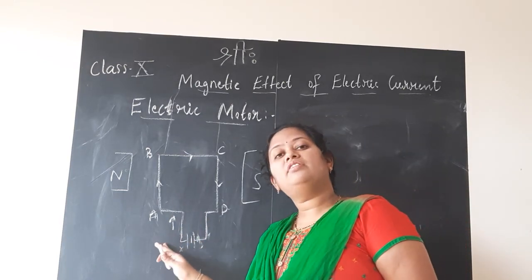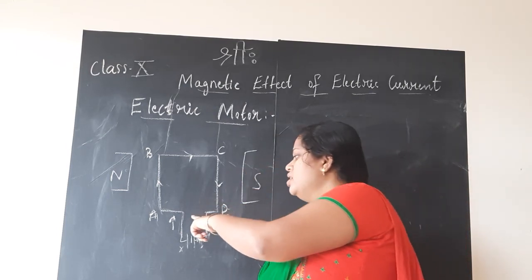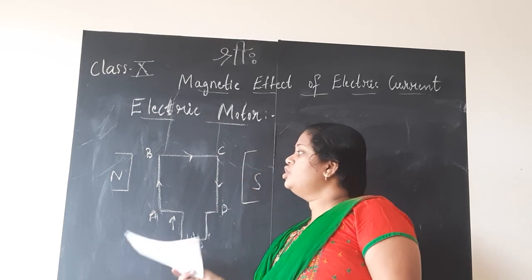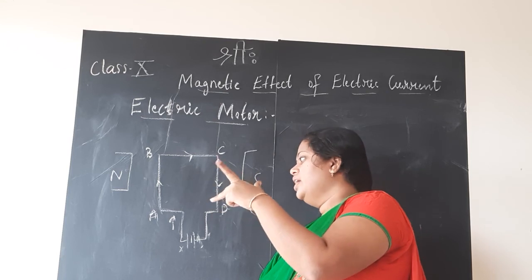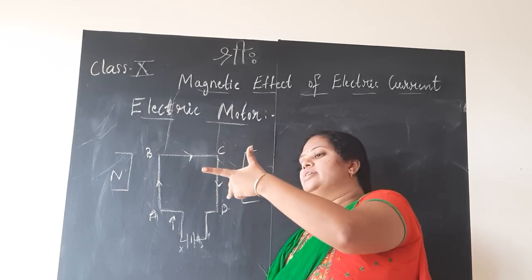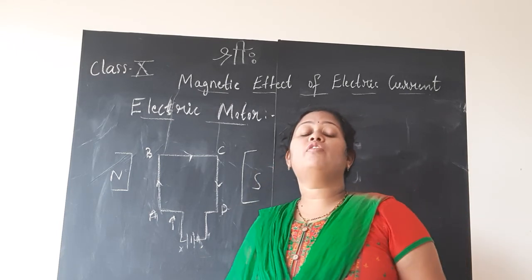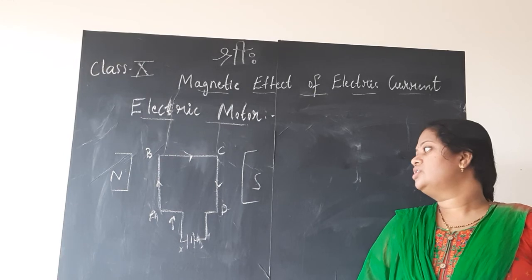So when you do this, children, what will happen? We need to apply Fleming's left hand rule. You remember, no? The current is flowing from the positive to the negative of the battery, from north pole to south pole. And you should hold your fingers in such a way that the current, magnetic field and the magnetic force acting are all mutually perpendicular to each other, children.